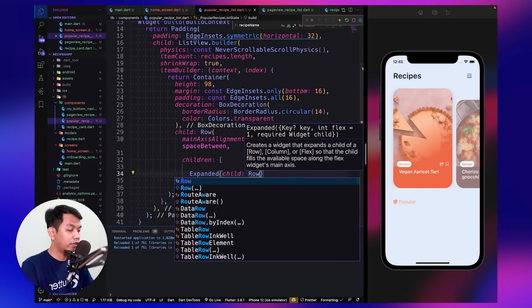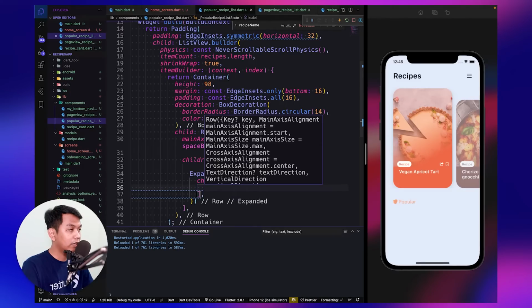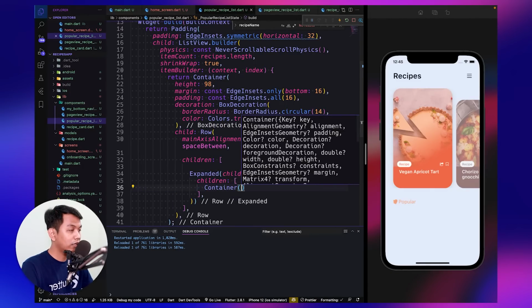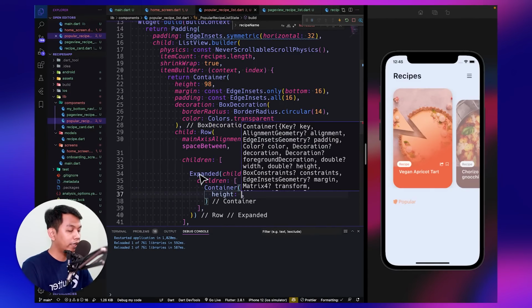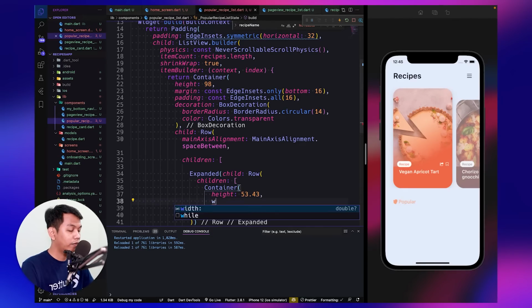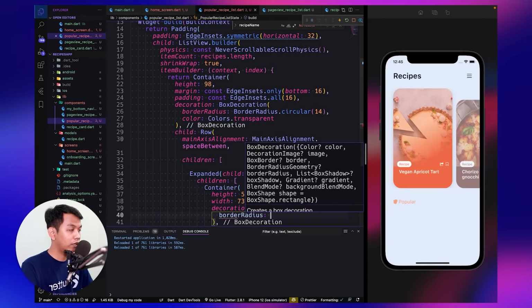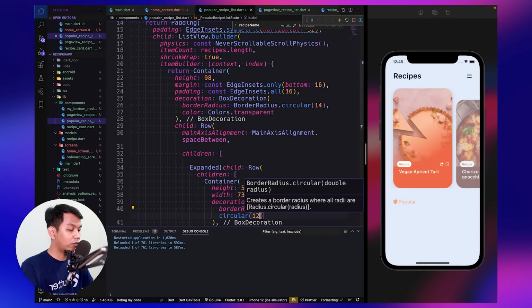And for the child, we use a row widget again, with the children being a container, and for the height we can copy from this. And for the width, make it 73. And for the decoration, we use box decoration, and for the border radius, circular 12.